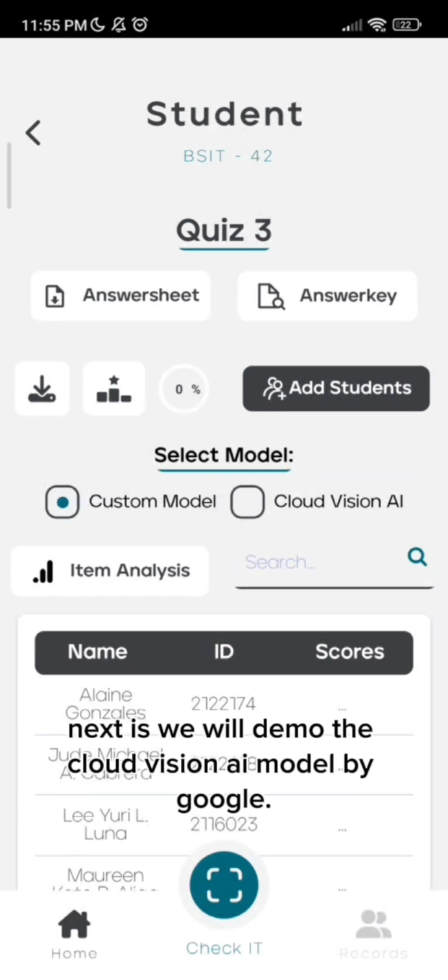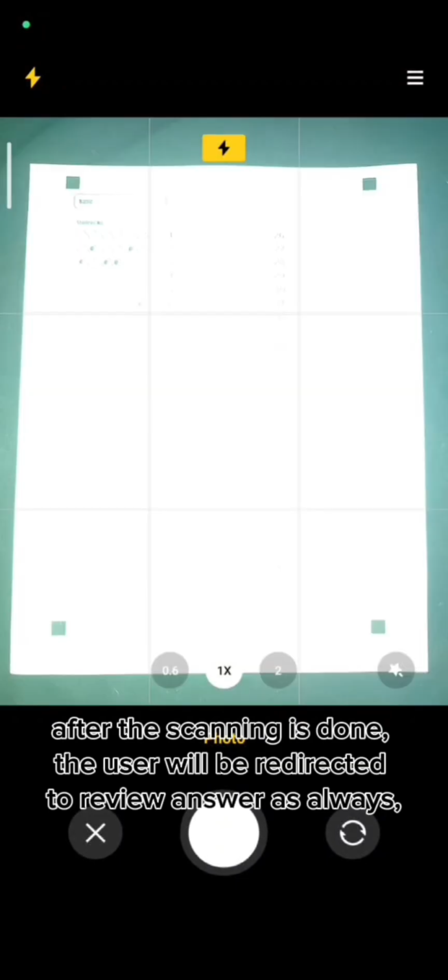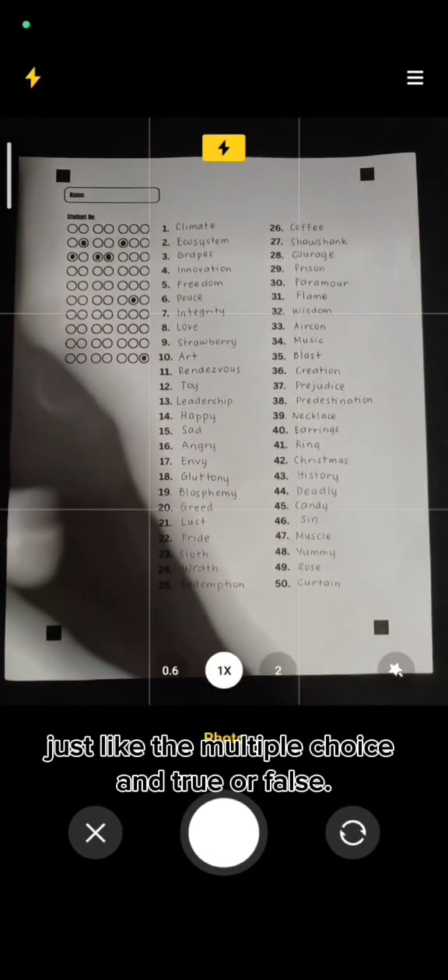Next, we will demo the Cloud Vision AI model by Google. The accuracy of this model is around 90% to 98%. After the scanning is done, the user will be redirected to review answer as always, just like the multiple choice